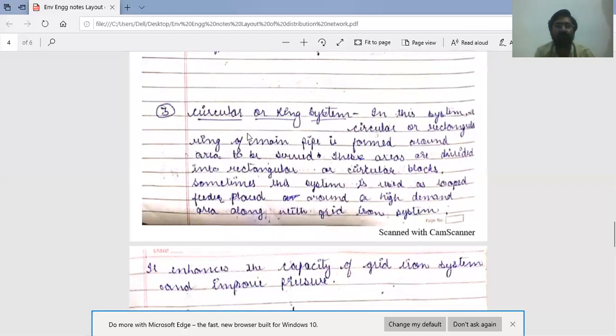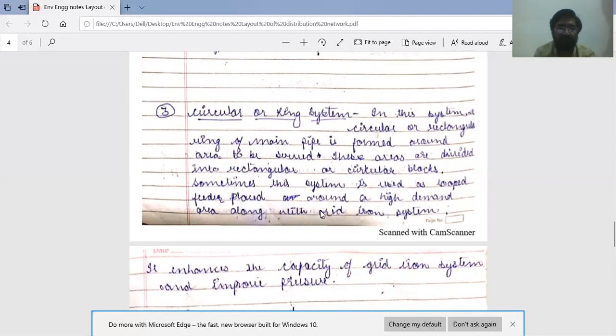Third system is circular or ring system. In this system, circular or rectangular ring of main pipe is formed around the area. These areas are divided into rectangular or circular blocks. Sometimes this system is used as looped feeder